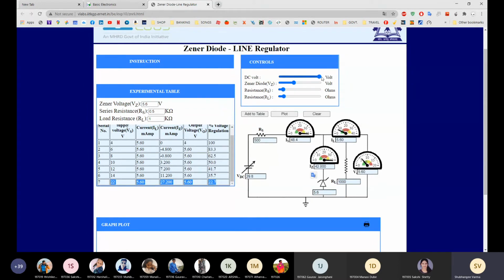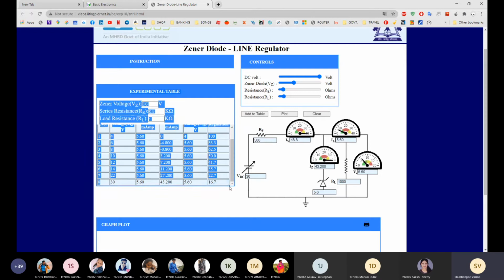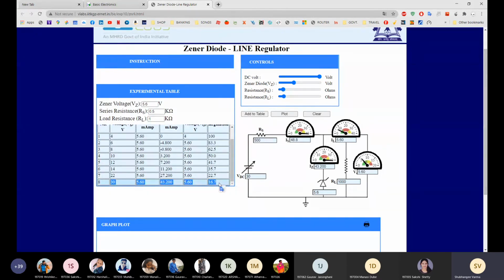Okay, now we'll increase further. We'll take a last value, that is 30 volt. For 30 volt, for maximum input voltage, we'll check the output. So add it to the table, and here you can see your minimum line regulation is 16.7 for maximum input voltage, and your output is remaining constant.